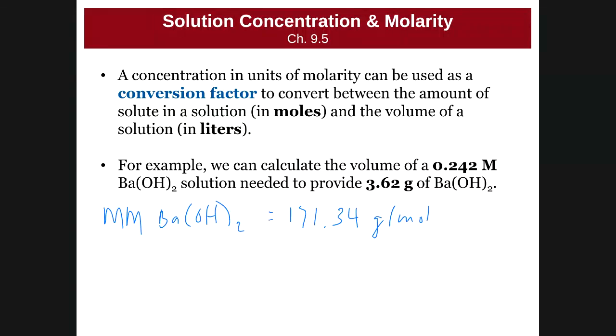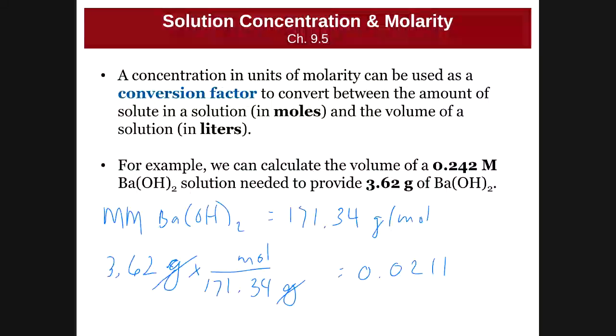So if we have 3.62 grams, then we want to divide by our molar mass, so that we cancel out our grams and end up with 0.02113 moles of barium hydroxide. And now, if we have 0.02113 moles,